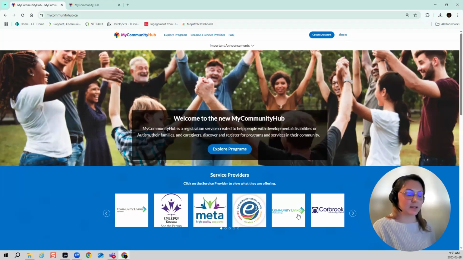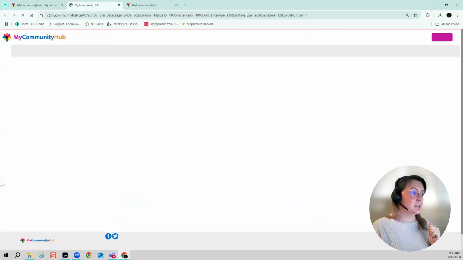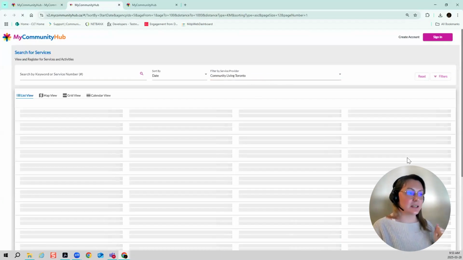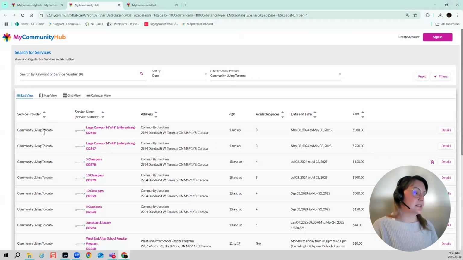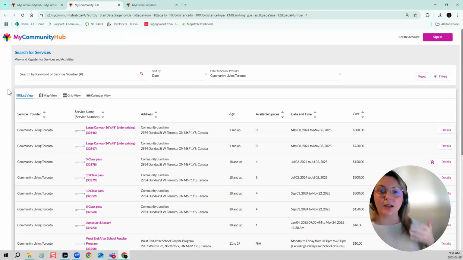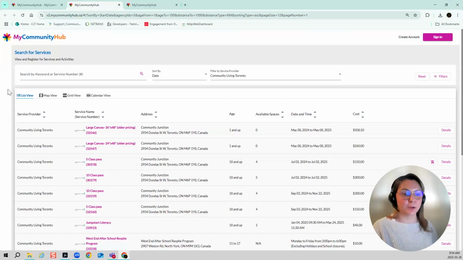If I click on any one of these logos, I'll be taken to a curated list of just what that specific provider is offering. So for example, if I click on here, and it'll just take a minute to load, you should see everything that Community Living Toronto is offering. So any of the provider logos that I click on, I'll see a curated list of their programs.